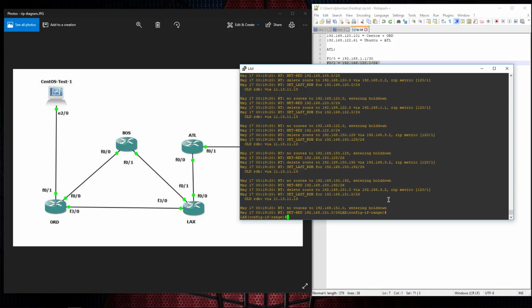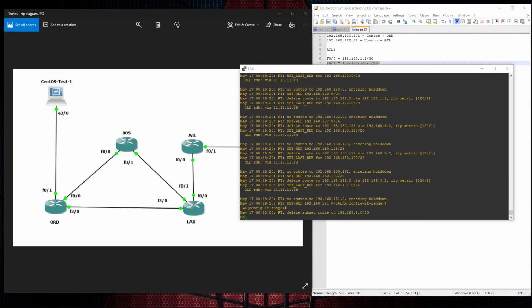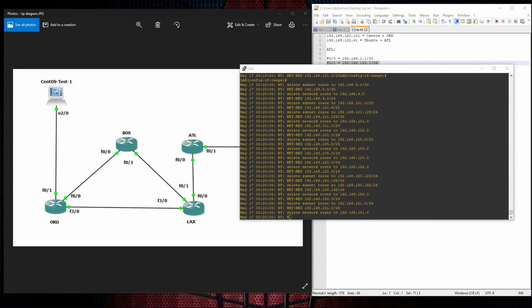So to make it faster, I pasted all the configuration in the notepad. So we'll do the next one for Boston. Oh wait, before we do that,